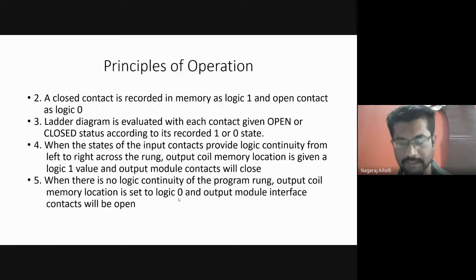We have considered a point where logic 1 is considered as the on condition. It is the on status. Then logic 0 is considered as the off status, the off condition. There are only two states, either on or off. On means state one, 0 means off state. So the switch can be either in closed contact, or it may be open. One or 0. One means closed condition, 0 means open condition.